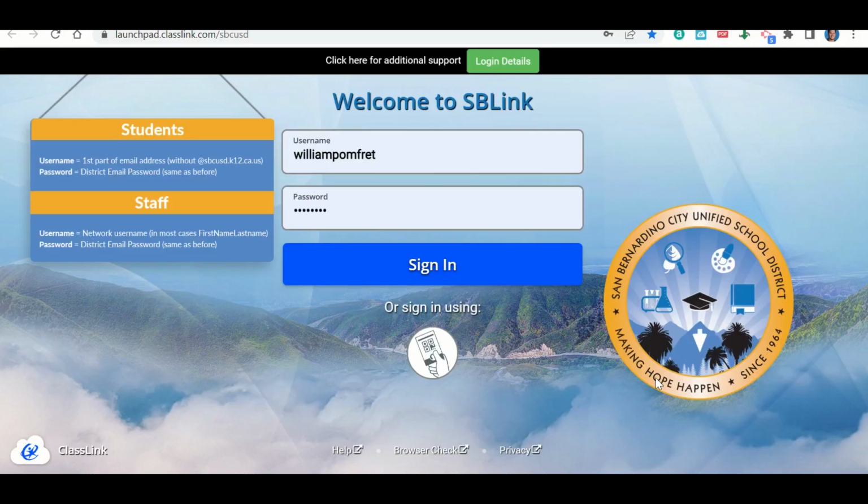Let's talk now about how to access your assignments on IXL using SBLink. So what you'll do is you'll click on the link that takes you to your SBLink, which should look like this, and you're going to log in the same way you would log into your computer. So the first part for your username is going to be the first part of your email address without the